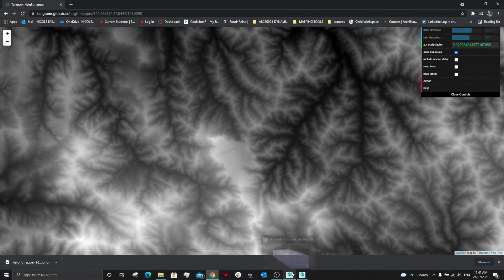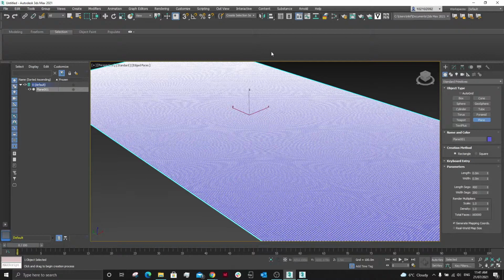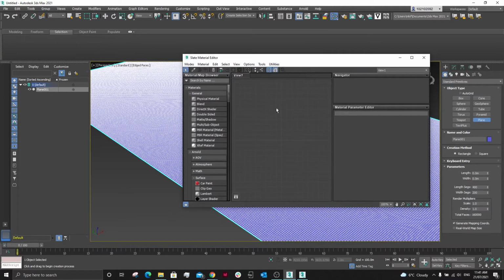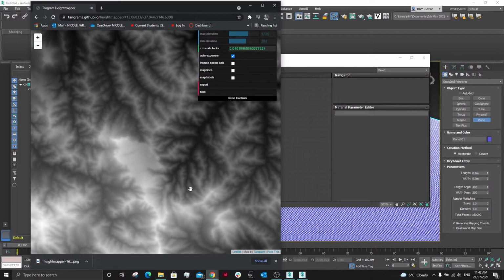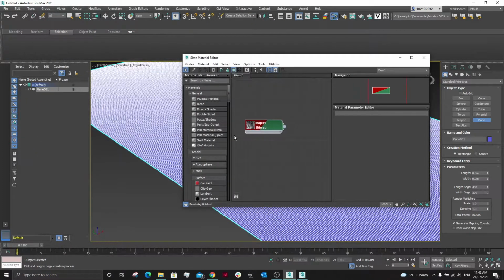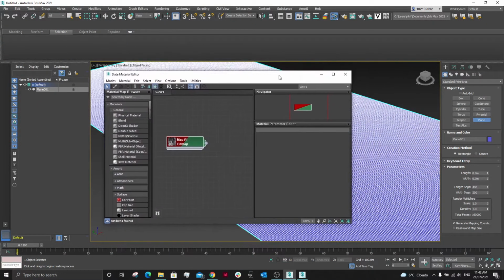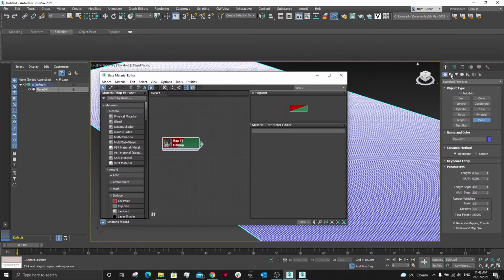We'll then go back into 3ds Max and we're going to open the materials editor. We're going to then bring in, I'll make that small, your topographic map, and drag that in to your materials editor. We're then going to make sure your plane is selected, come over to the modify tab,